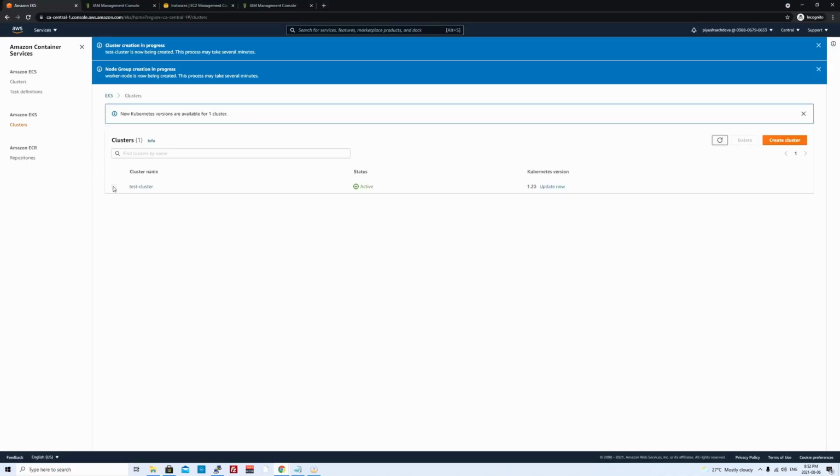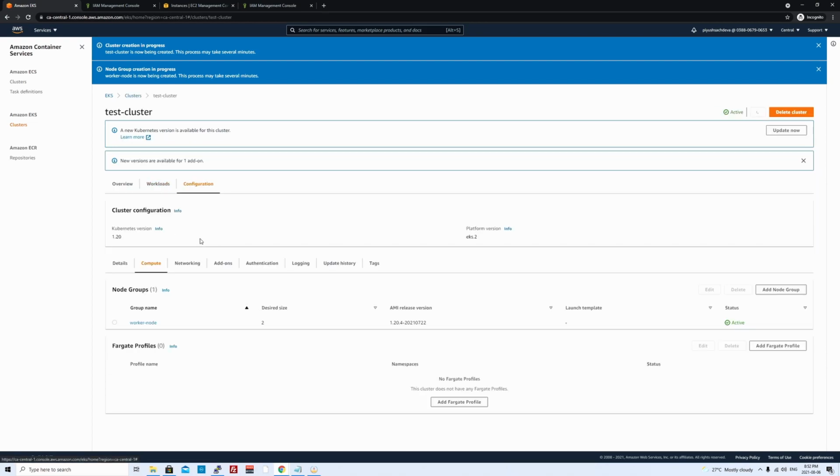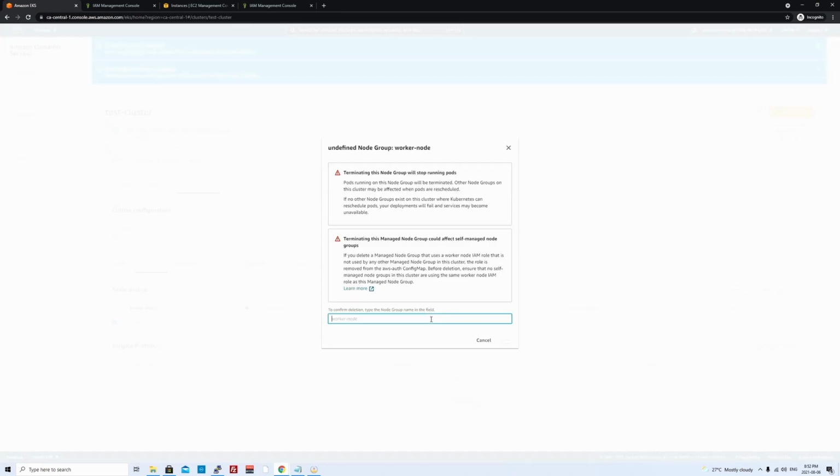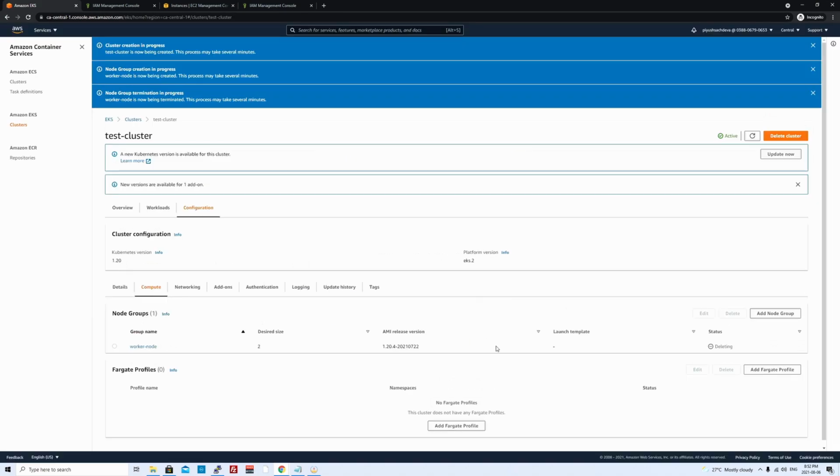First I delete the node group, and then I'll delete the cluster. So I select the node group, then I hit delete. I confirm the node group name, which is worker node. I hit confirm, and it's going to take a few minutes before it's deleted.